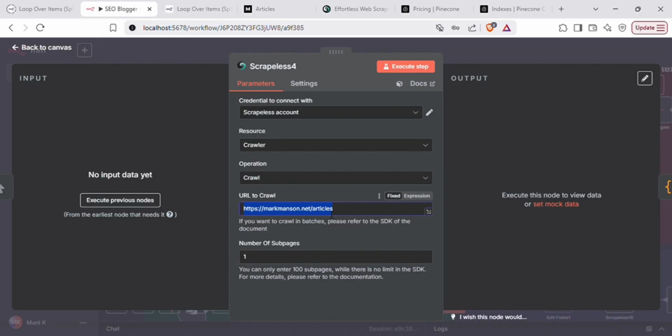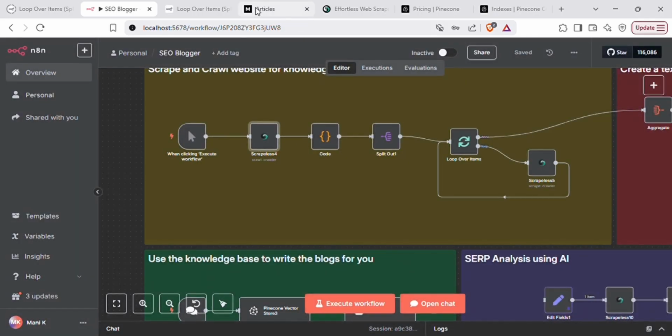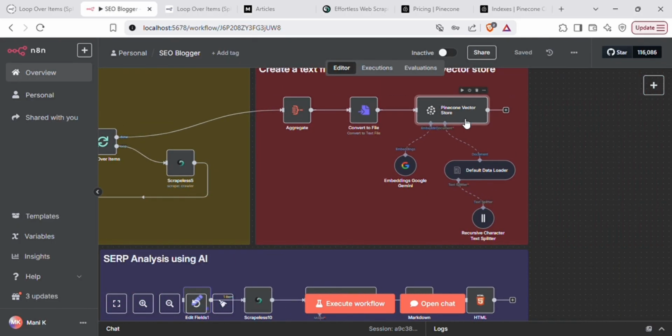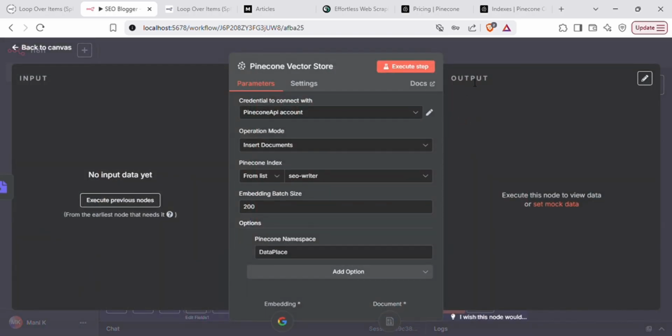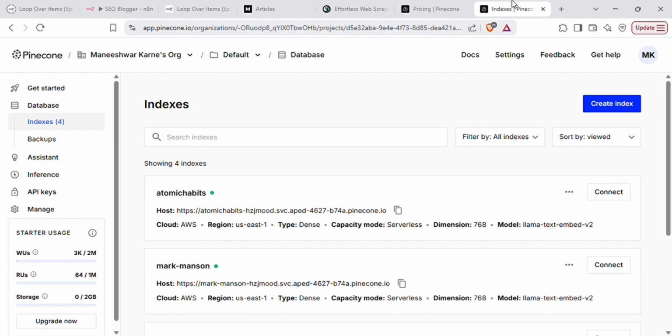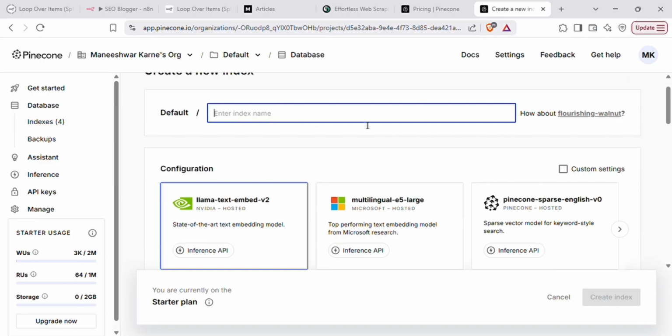And then here we are going to clone Mark Manson's slash articles page, because this page has got all the article links. Now we should configure the Pinecone vector store node. So go to pinecone.io, sign up for the free account. You don't have to put in your credit card or anything, and then create an index. After you create an index, you can name it whatever you want. I'm going to name it SEO writer,